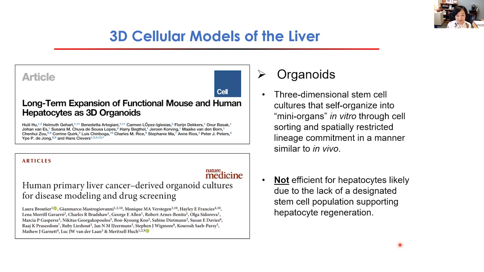It is actually a very interesting topic that I'm not going to talk about today, but the liver is exceptionally regenerative. If you have liver damage, you induce hepatocyte regeneration right away. But still there's a lot of debate about what the root or cellular origin for liver regeneration is. There's still not a fully identified stem cell population within the liver. Nevertheless, the organoid model doesn't work very well for hepatocytes. The plating efficiency is less than 0.1%. So if you plate 1,000 hepatocytes into organoid culture conditions, you might end up having one organoid growing out of it. That's not the model we want to go for.